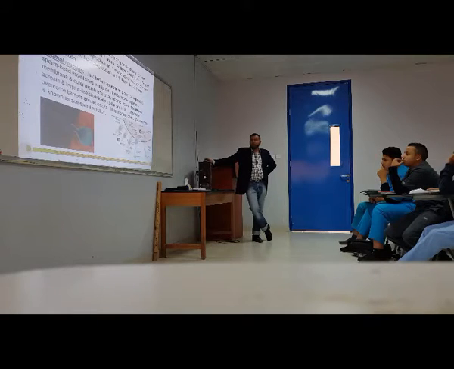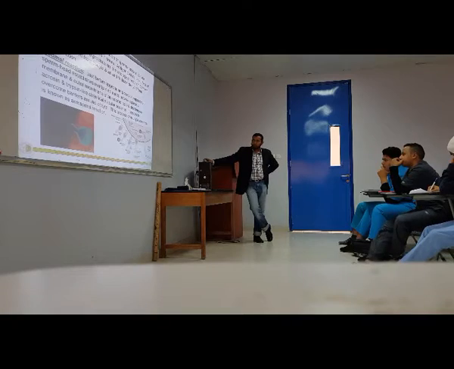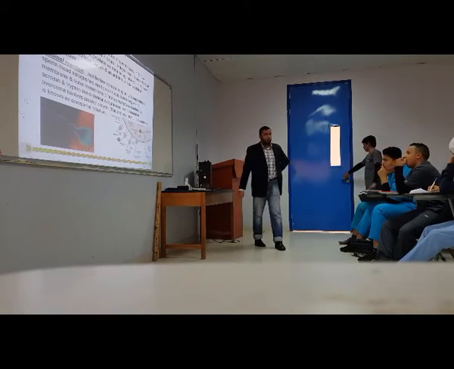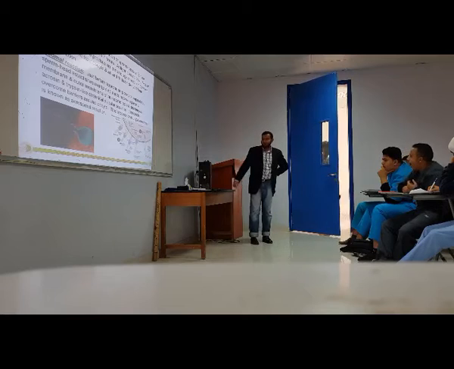Acrosin as well as trypsin-like chemical substances are released, which help in the breaking of these barriers. There are a lot of barriers here, and we have talked about the 3 barriers. Breaking of these barriers needs the release of some enzymes. These secretions are mainly released from the acrosome, and that's why it is called the acrosomal reaction. This is known as the acrosomal reaction when they release the secretions from the acrosomal cap and break these barriers.